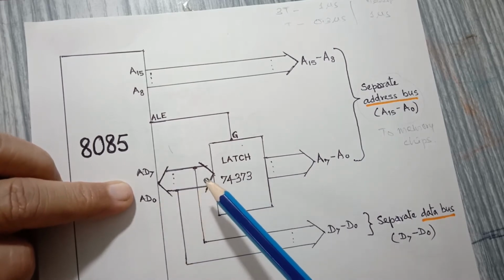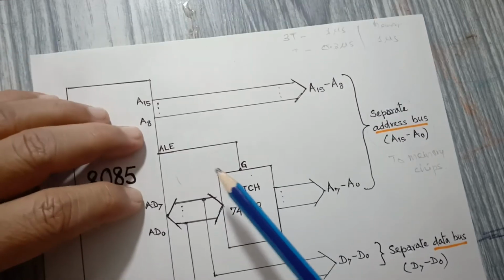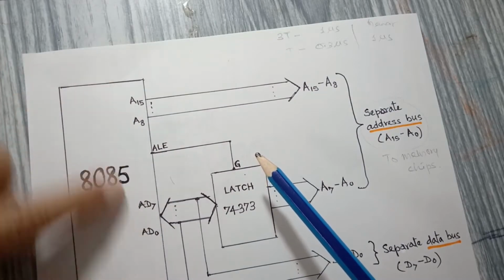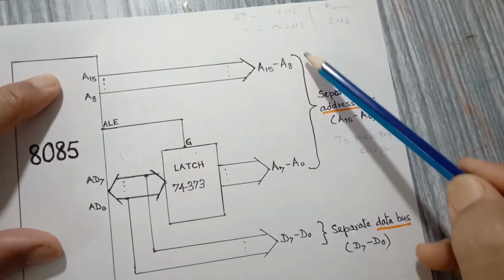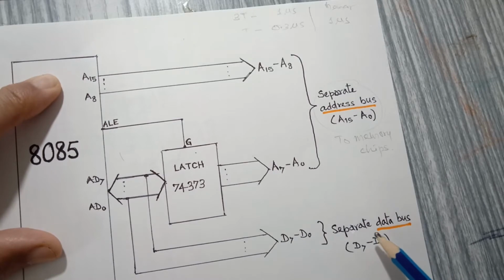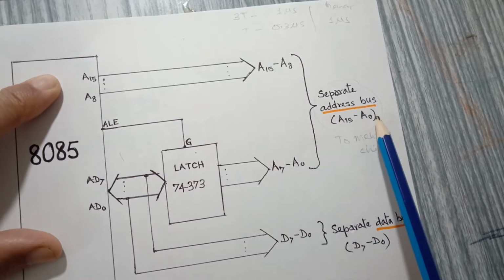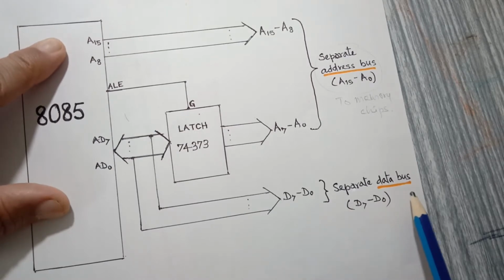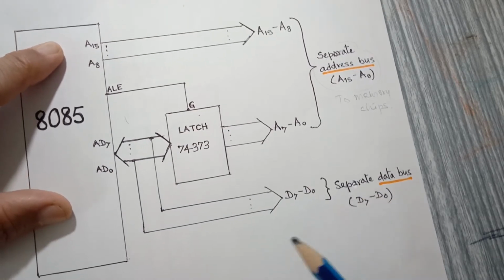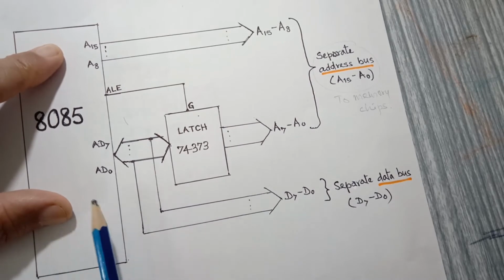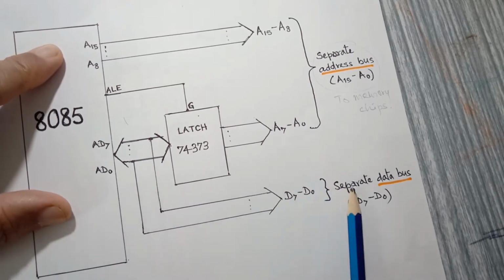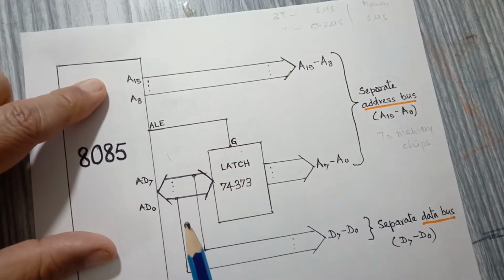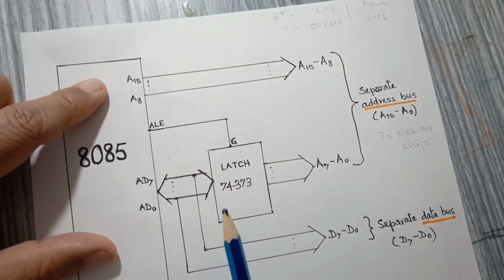Demultiplexing actually means these 16 lines are to be expanded into two separate buses, a pure separate address bus A0 to A15 and a separate data bus. In other words, it is an expansion of 8 lines to 16 lines also. All right. Now why do we need this demultiplexing? The reason is that